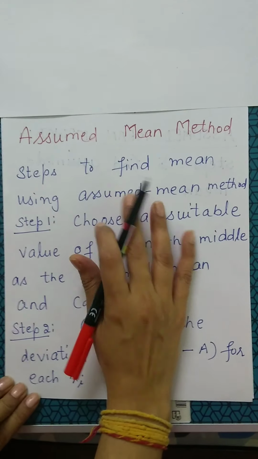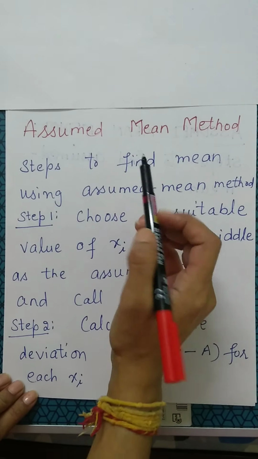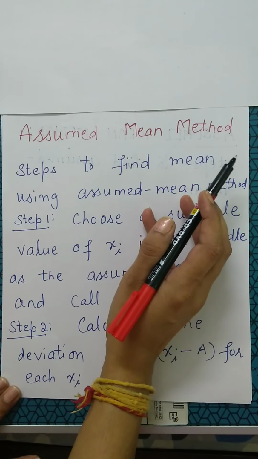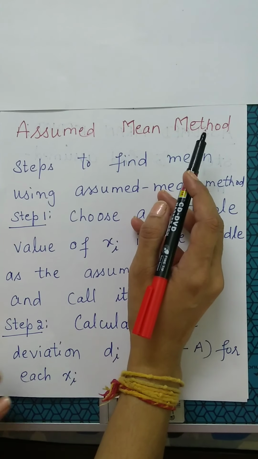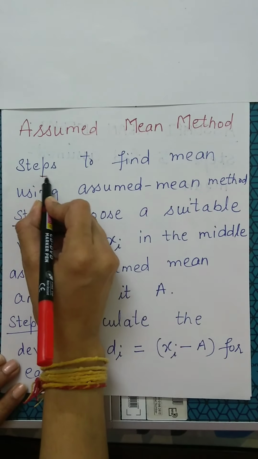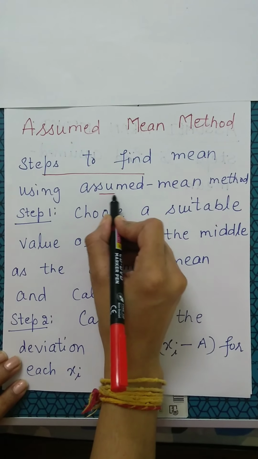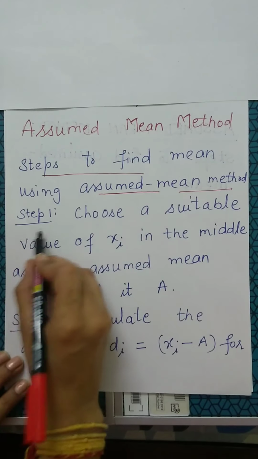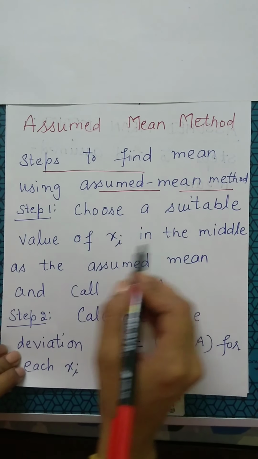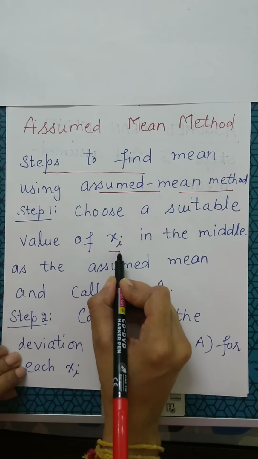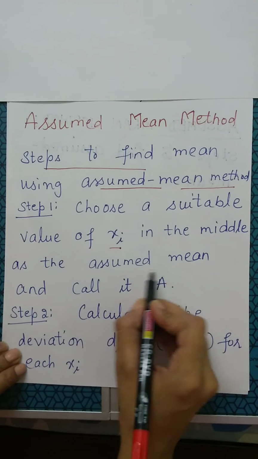Let us discuss the other two methods to find mean. After the direct mean method, we have the assumed mean method. Now we'll be discussing a few steps to keep in mind whenever we have to find mean using the assumed mean method. First step, we have to choose a suitable value of xi in the middle as the assumed mean